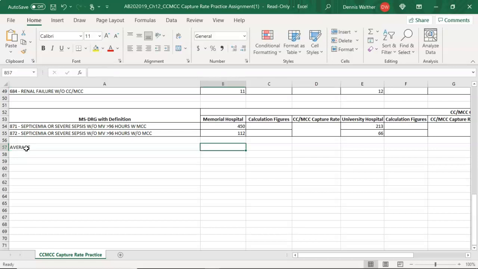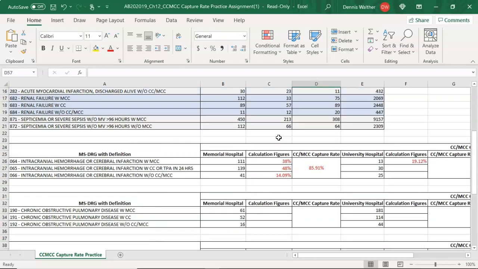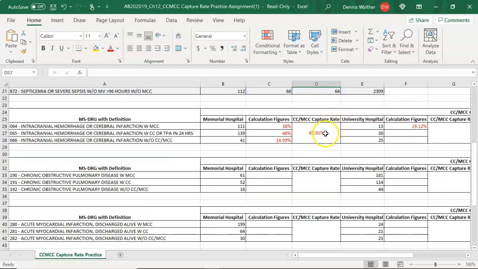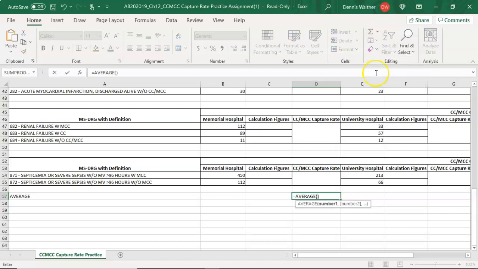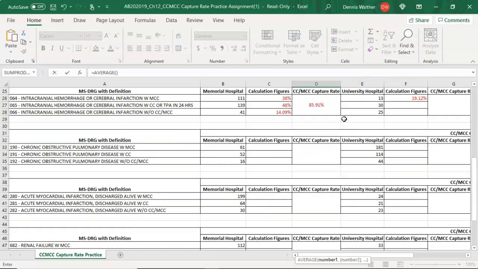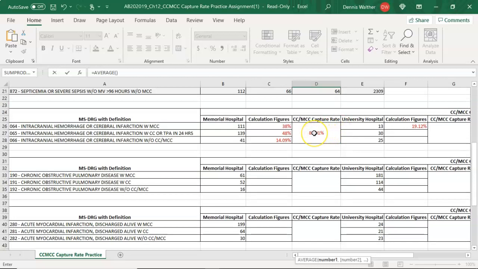And then you can literally come over here and create an average item. All of Memorial Hospital's capture rates are listed here. They're in this column. So I can come up to the sum key, click on the sum key, and click on average. And then literally I can gently scroll up